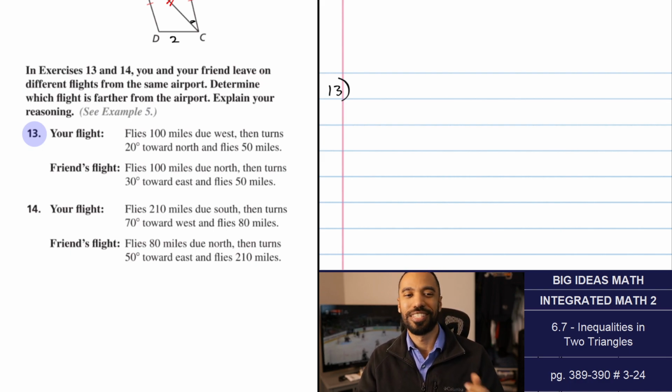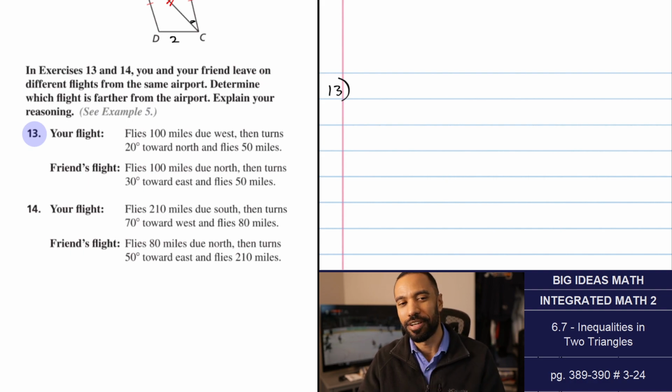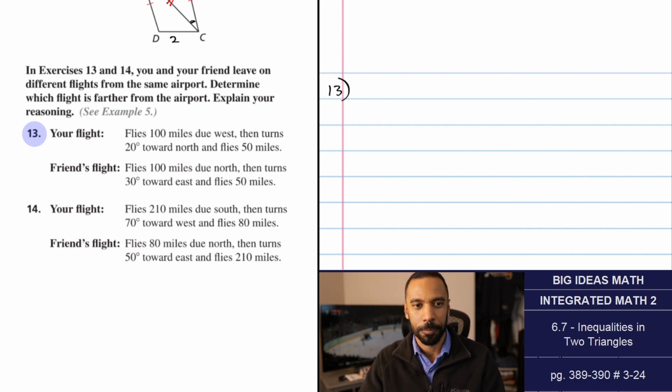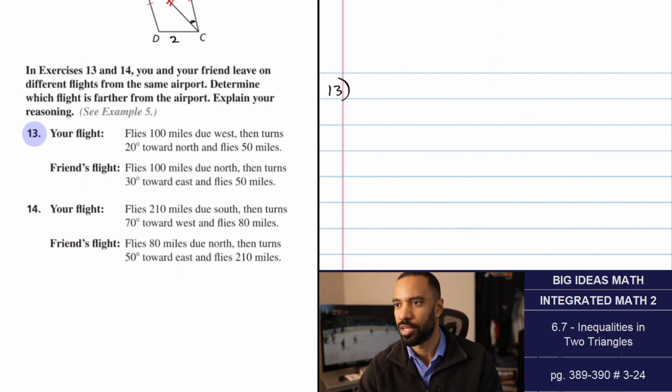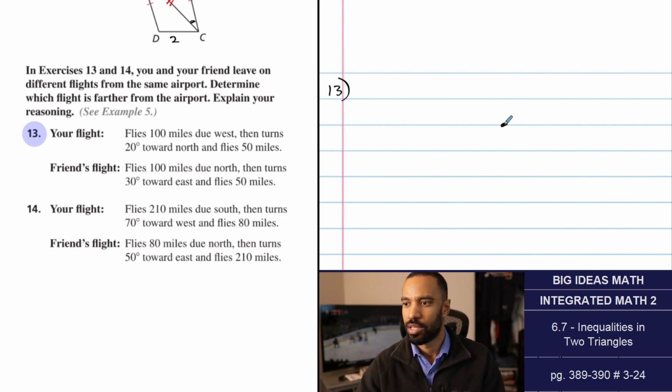No hiccups. In exercises 13 and 14, you and your friend leave on different flights from the same airport. Determine which flight is farther from the airport. Explain your reasoning. Okay, your flight, you fly 100 miles due west, and then it turns 20 degrees toward north and flies 50 miles. So as far as these drawings go, because if you were here for my lecture portion, you can kind of see, let's say that this is the airport,